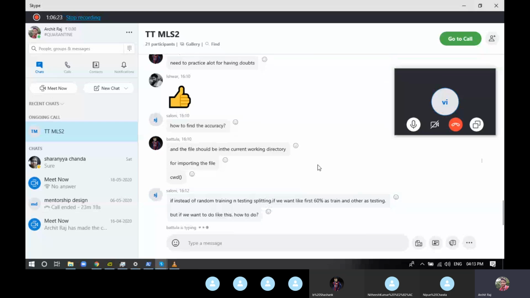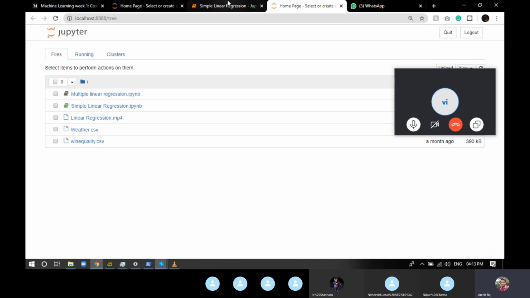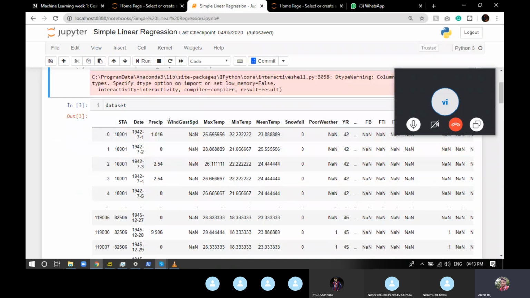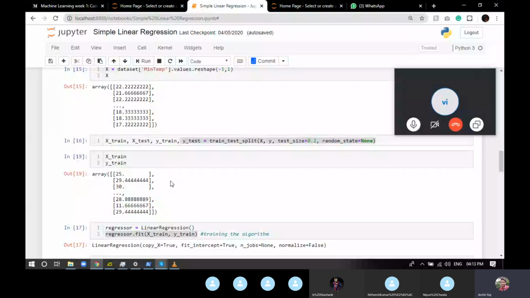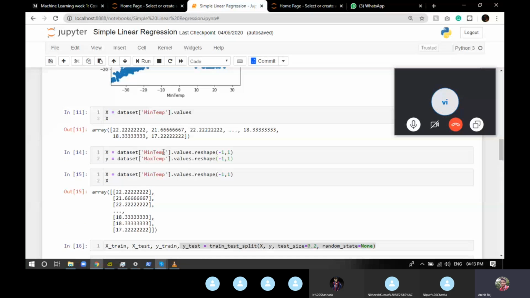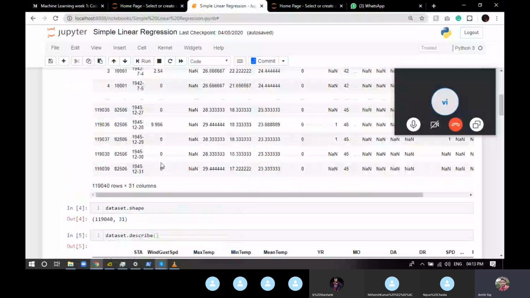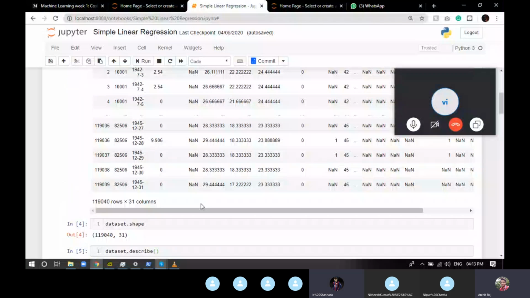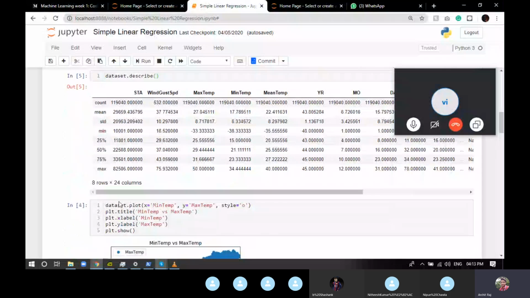But if you want to do it, you can do it. Now, instead of writing this whole train test split line, you can see we have written x dot dataset minimum temperature. Instead of writing the minimum temperature, we just give the number of rows, because we know the 60%. So we'll find out what is 60% of 11,904. You'll get a proper number like this much.